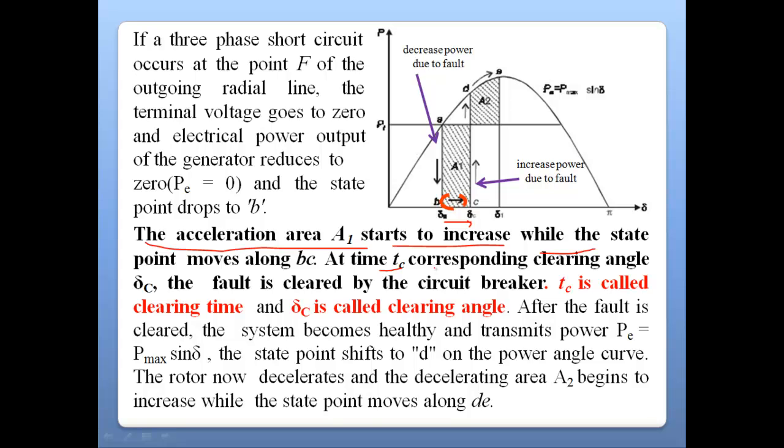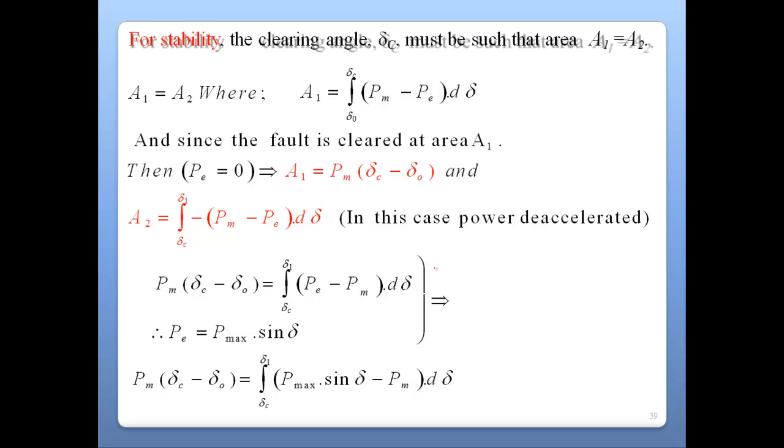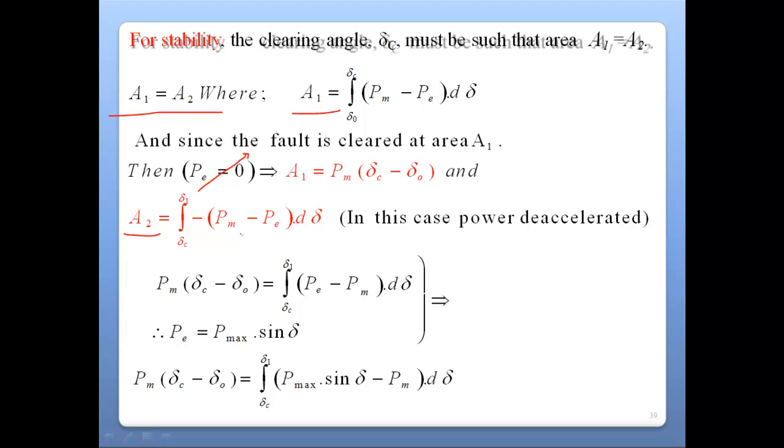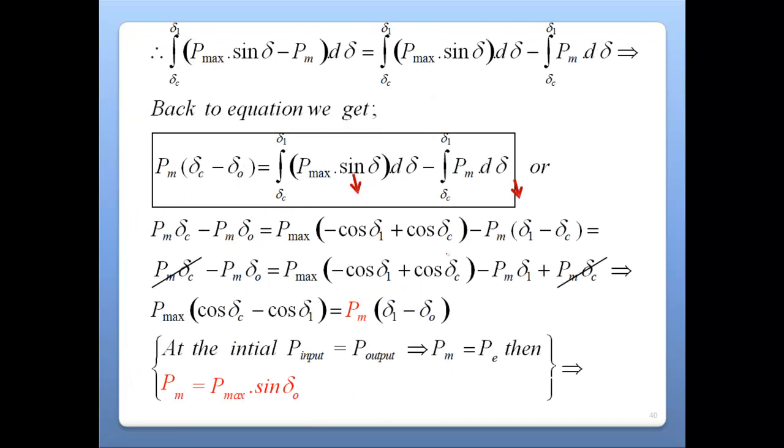Now we have, if we remember, three to four points that must be known. At the critical clearing angle, mechanical power must be equal to electrical power. Then definitely the area A1 is equal to A2. What is A1? This is A1. What is A2? We have already known A2 is this. Then both are equal, and the rate of change of electrical power is 0 basically at the time of fault, if you remember. Then this equation must be equal to this, and if we simplify this equation using the integration property, then we get this equation. This is the final equation.